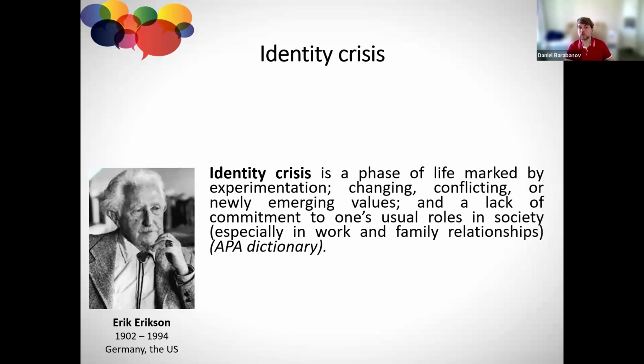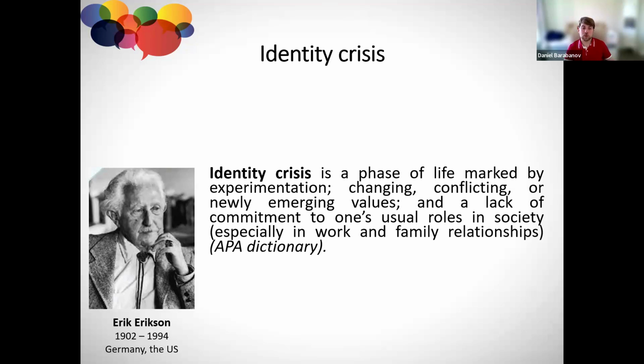For example, you graduate from university and you stop being a university student, but who are you after that, right? So for some people, it creates some sort of small identity crisis. Who am I now? Like how do I identify myself? Identity crisis is very typical for teenagers. It's a huge part of being adolescent. And of course, it happens time after time with adult people.